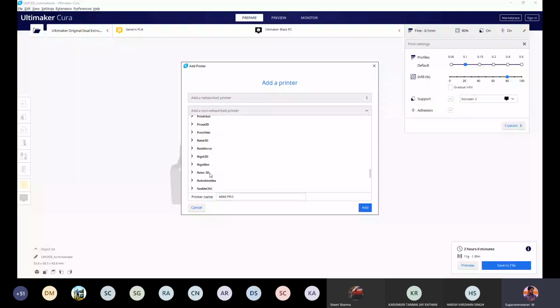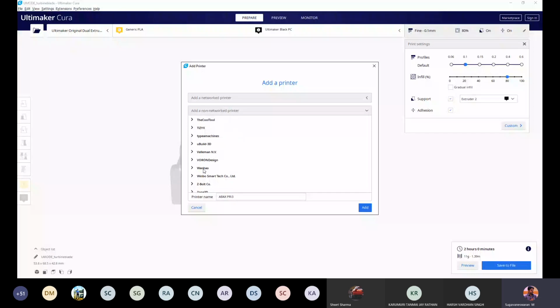These are all different FDM machines. For example, Nava 3D LLC is an FDM machine, filament extrusion based additive manufacturing machine, but from a different company. Print Robot, Sura 3D, Rise 3D. So these are all different machine manufacturers or different machines. In our lab, we have this Vano machine.